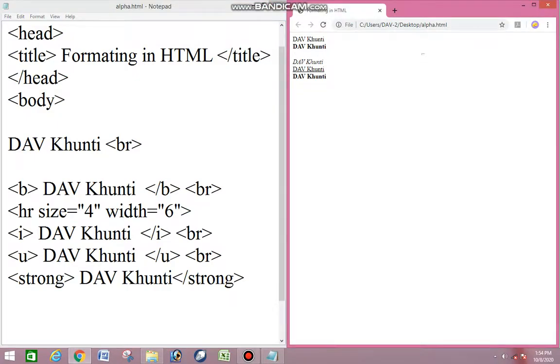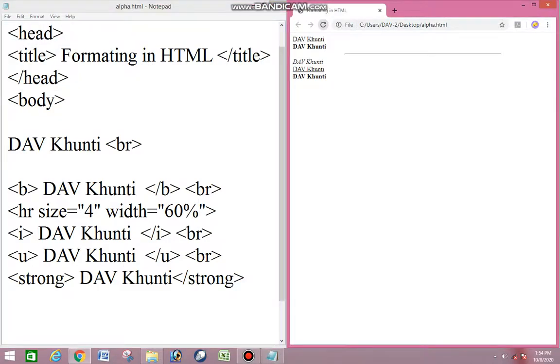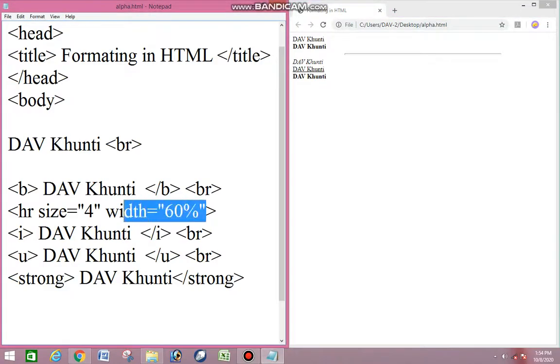You can see this line is very small in size, so I want to give it percentage. Okay, so first I want to give example of size attribute. Okay, now I want to use change 8.